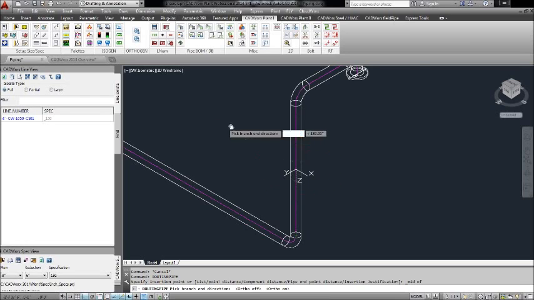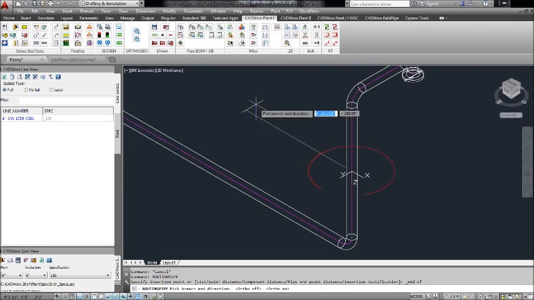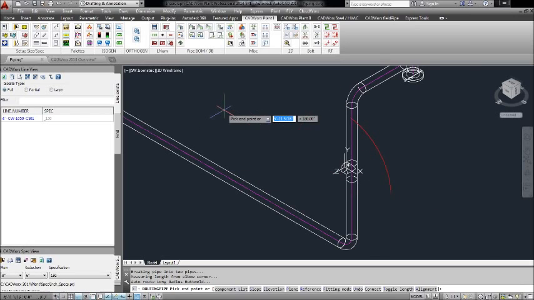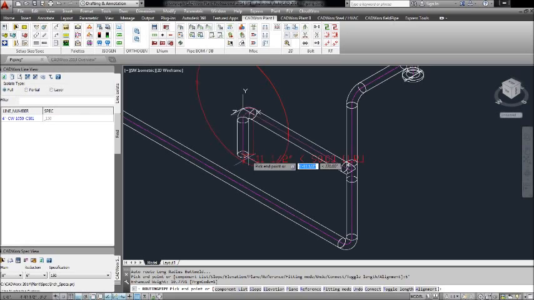Okay, turning my ortho back on, I'm going to use the compass here and pull north to set my rotation. And now I'm running pipe again, and I can type in 5 foot. CADWorx is intelligent like this. We put in a branch, it's going to let us route the whole thing. So I've come 5 foot out there, and now what I want to do is I want to cut into